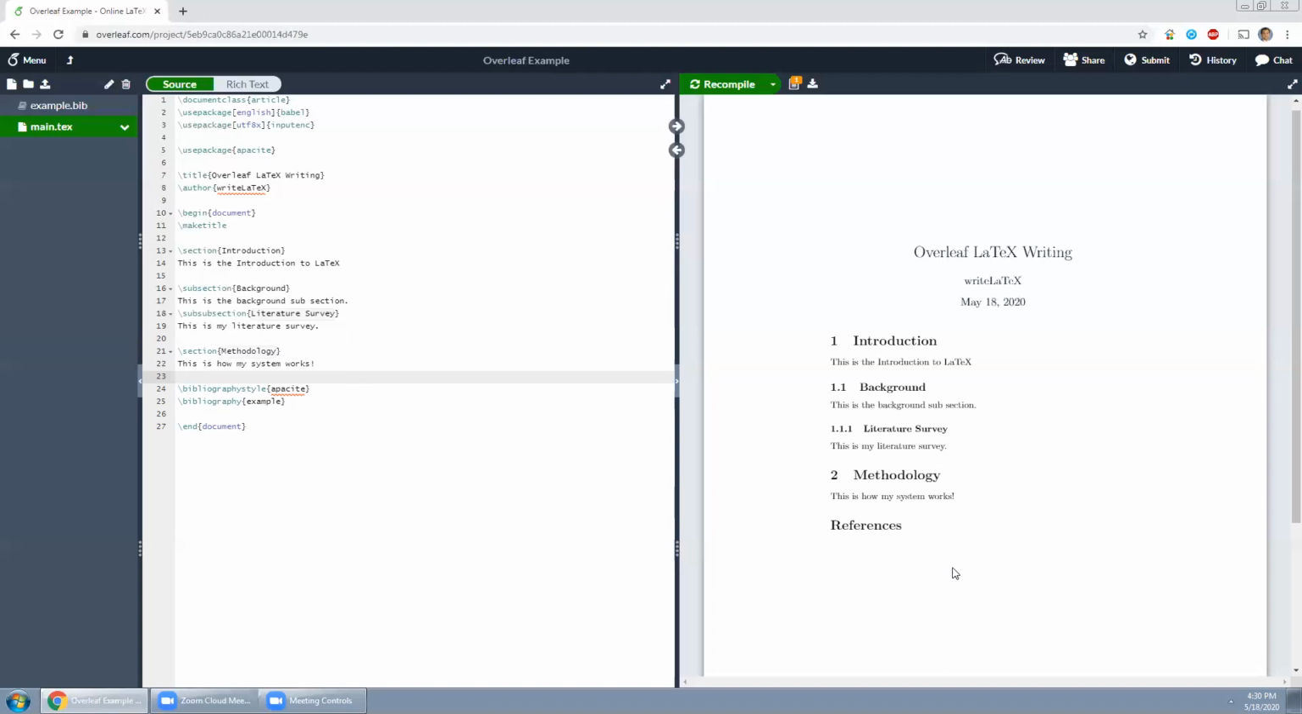So you can probably see the section called references. This is generated by these two lines of code. What I'm going to show you is how we can cite another paper. Let's say that we want to cite a paper that you're going to find from